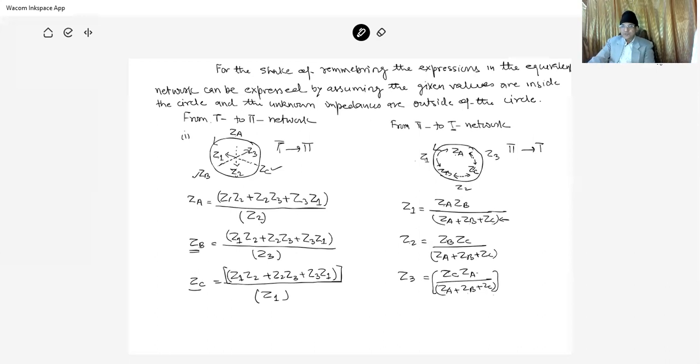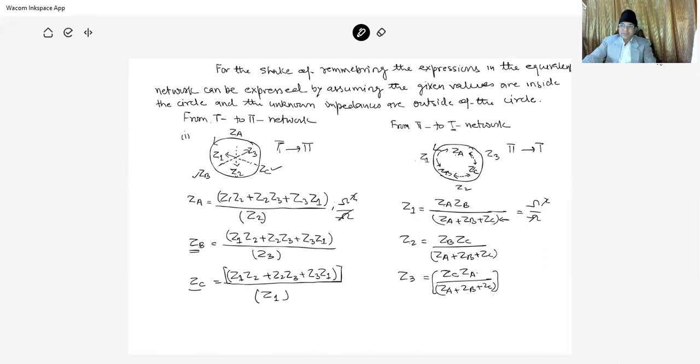You see, if the two resistors here, the impedance is squared, so this is divided by impedance. Here also the impedance is squared divided by impedance. So always keep in mind that the multiplication terms are in the numerator and the denominator has the single power, so that this 2 is cancelled here, and this is also cancelled with the help of this one. So there are two tricks. These two tricks are used to remember how to transform T network into pi network and pi network to T